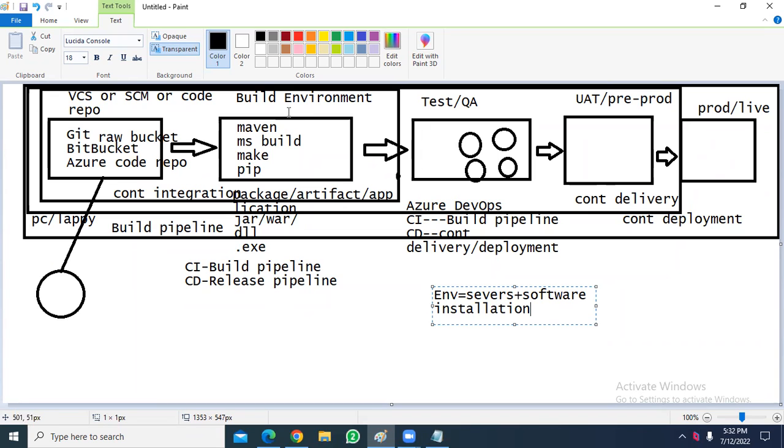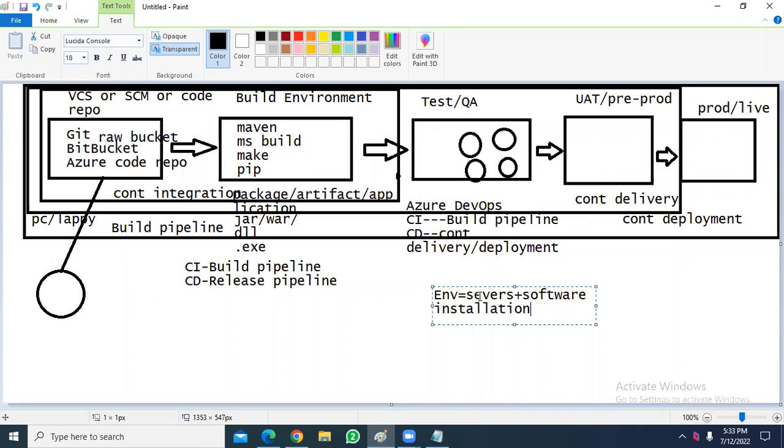That means every time we speak about environment, it is a combination of infrastructure. Infrastructure is nothing but virtual servers, memory, storage, networking. That kind of infrastructure you can create within the environment. That means to create environment, I need servers with software installation. Now to build infrastructure, we are going to use other tools like Ansible, Terraform, but here we can use Docker and Kubernetes also.